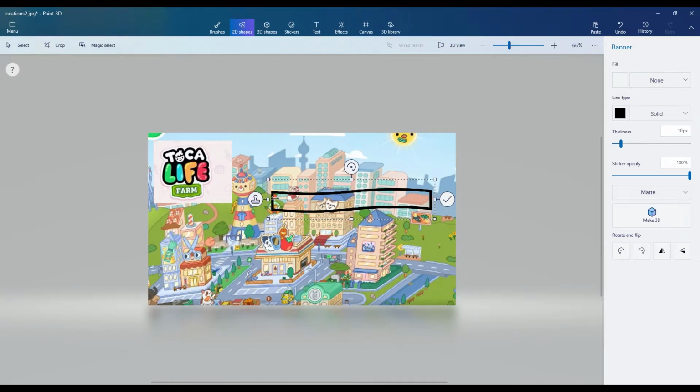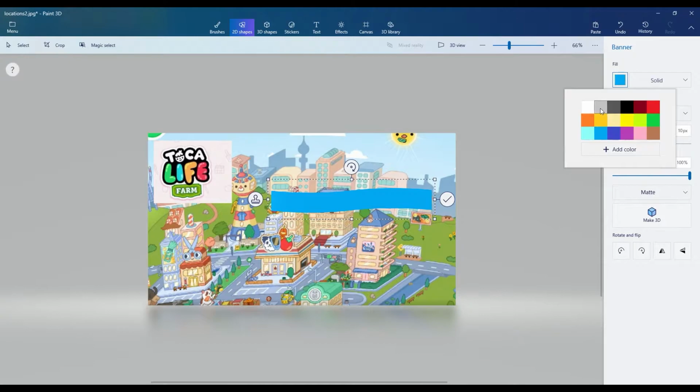As you can see, it is only the line that is showing, the stroke that is showing, but I don't want the stroke, so I go to the line type and then choose none for stroke. When I choose none for stroke, the fill shows up and it's now left with fill. The color is blue, but I don't want that color, so I can change the color from here by picking any of the preset colors here, or going to the add color,